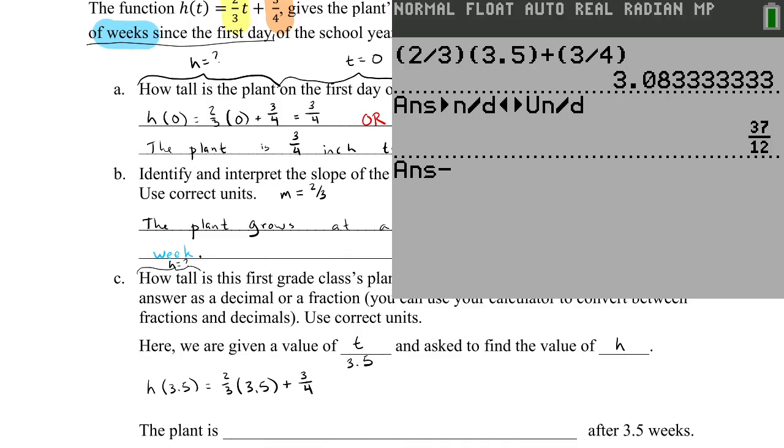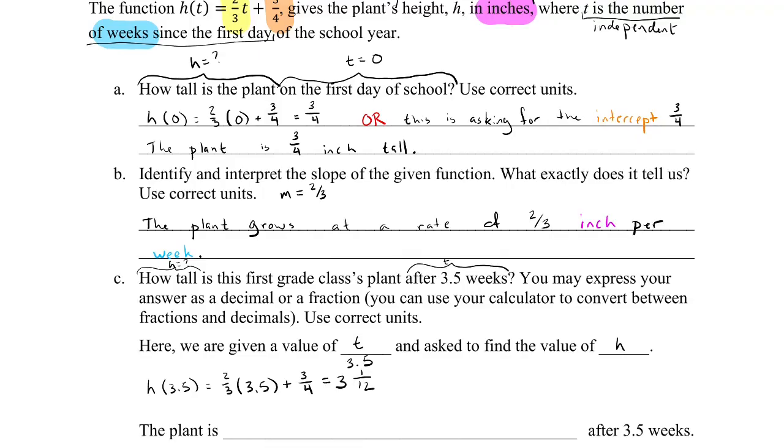So I'm going to subtract off 3, and I'm left with 1/12. So either way, the result we get is 3 and 1/12. So we find that the plant is 3 and 1/12 inches tall